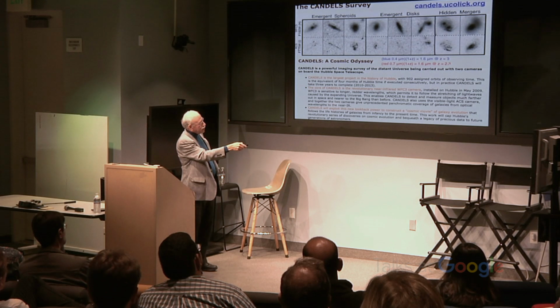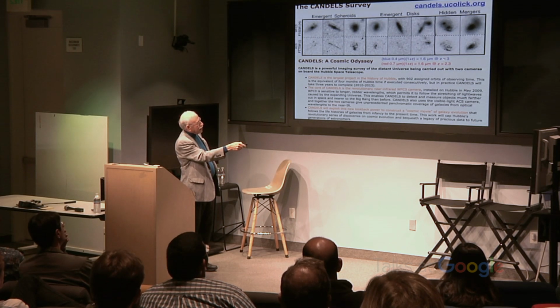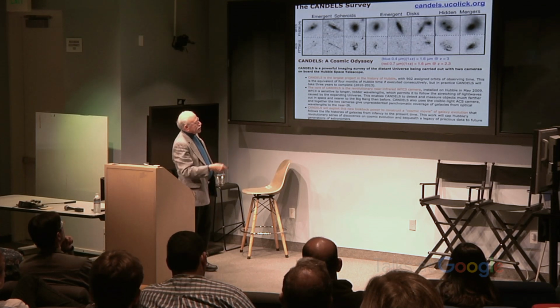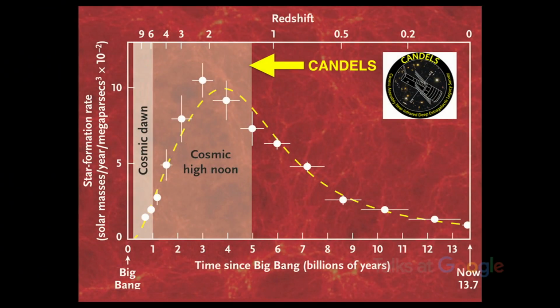So that's the basis of my saying that now we can see what galaxies look like when they were forming. Back to redshifts 2.3 for red light and 3 for blue light, that's about 10 to 12 billion years ago. So we can see the galaxies. Of course, the universe starts at 13.7 or 13.8 billion years ago. So for the first couple billion years, we're going to have to depend on James Webb Space Telescope, which goes up next year, to illuminate. So the CANDELS program